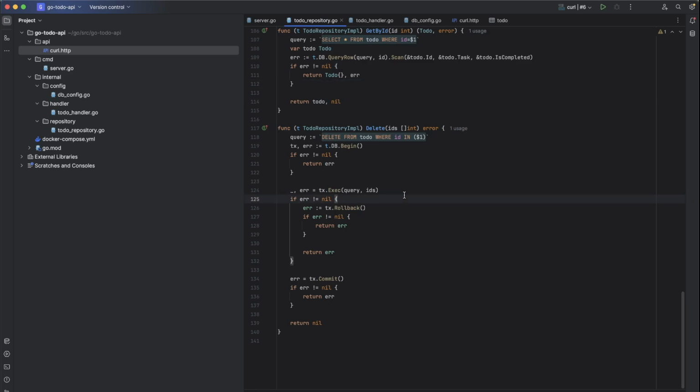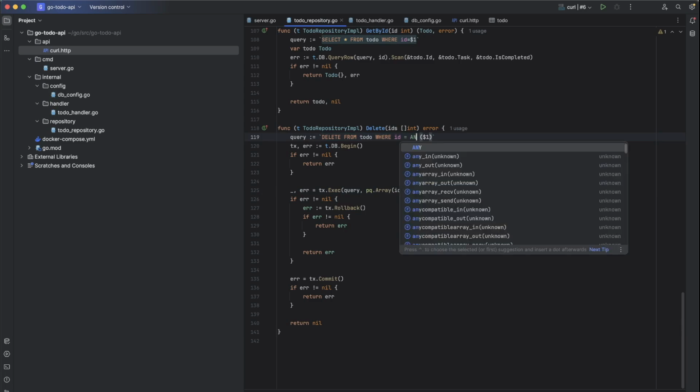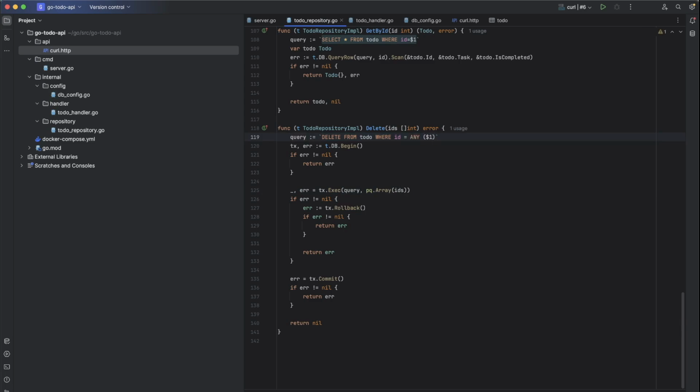All right. So I just realized that when we send the array parameter, we need to use the Postgres pq.Array from these IDs and also change this into any variables because it will be receiving an interface.